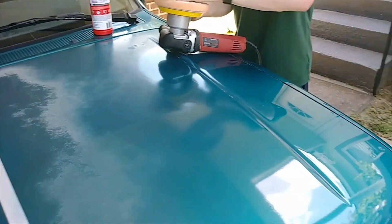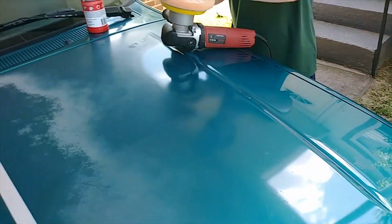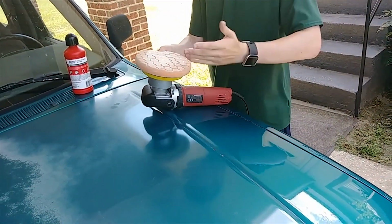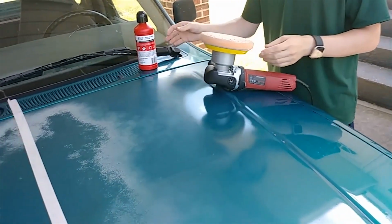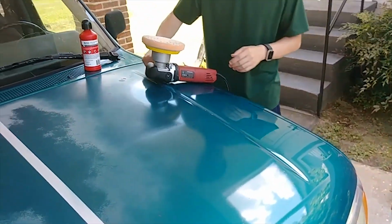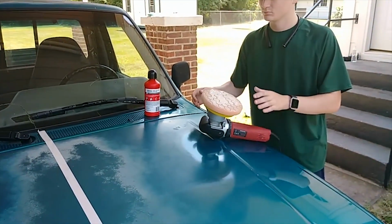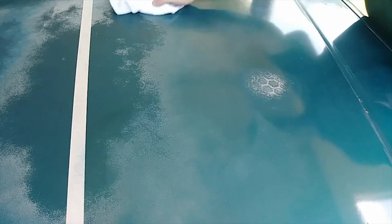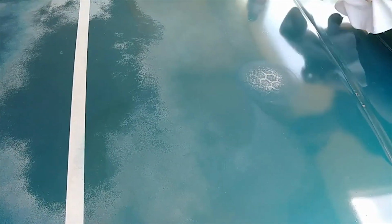All right, so you go over this the second time right here. I wonder if we should clay bar it. I don't think clay will do anything. I think we're past clay. Okay, I got you. All right. Okay, so we just got that second part. A little bit of overlap, right? A little bit of overlap as far as